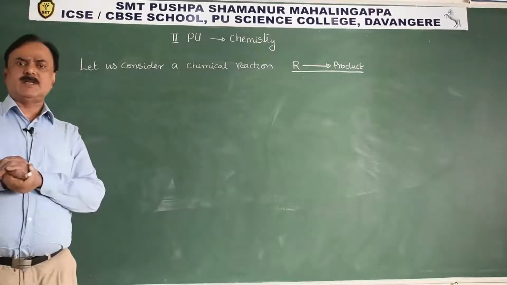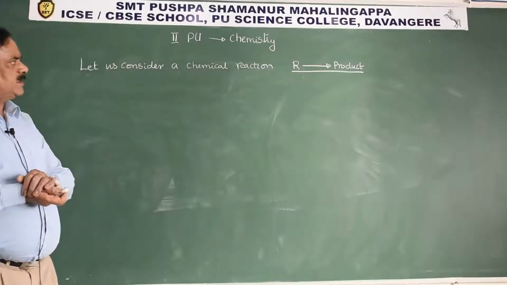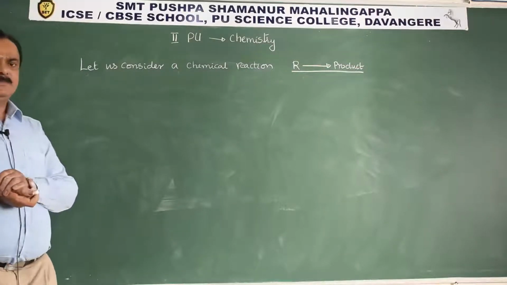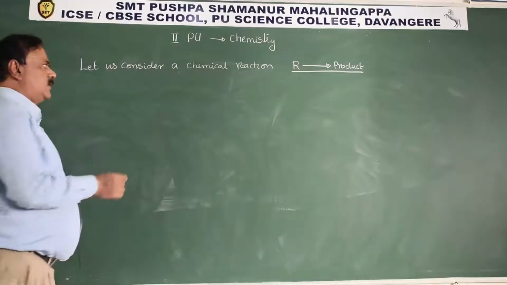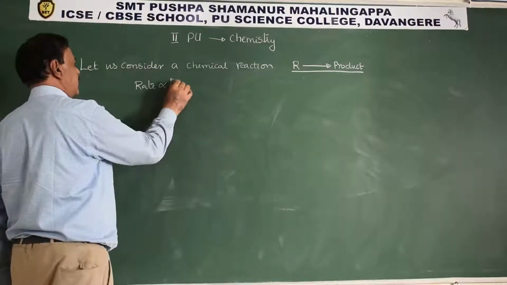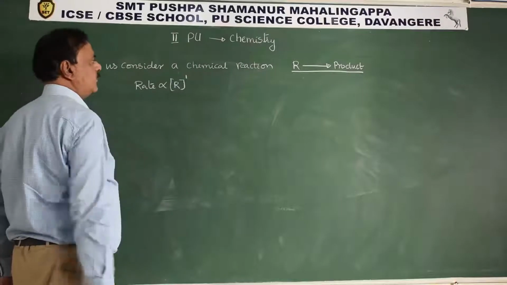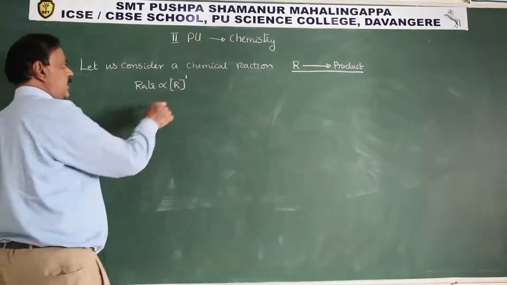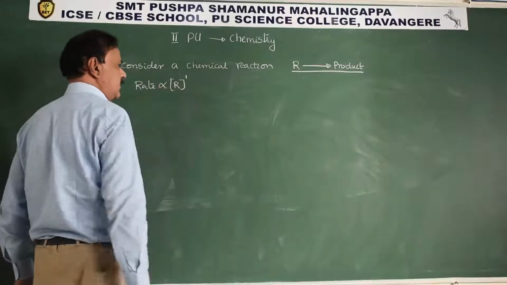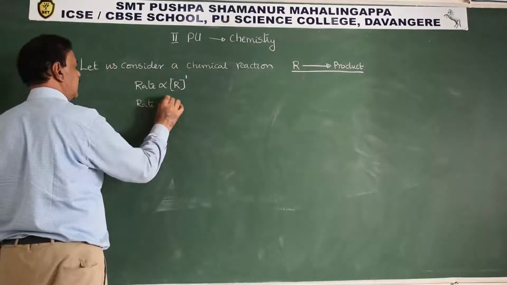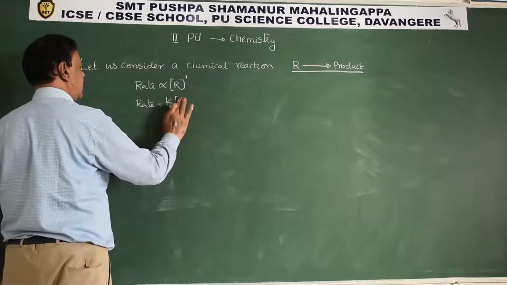Now, you know that the rate of a chemical reaction is directly proportional to the first power of the initial concentration of the reactant. Therefore, rate is directly proportional to R to the power of 1. Therefore, rate is equal to K into R to the power of 1,